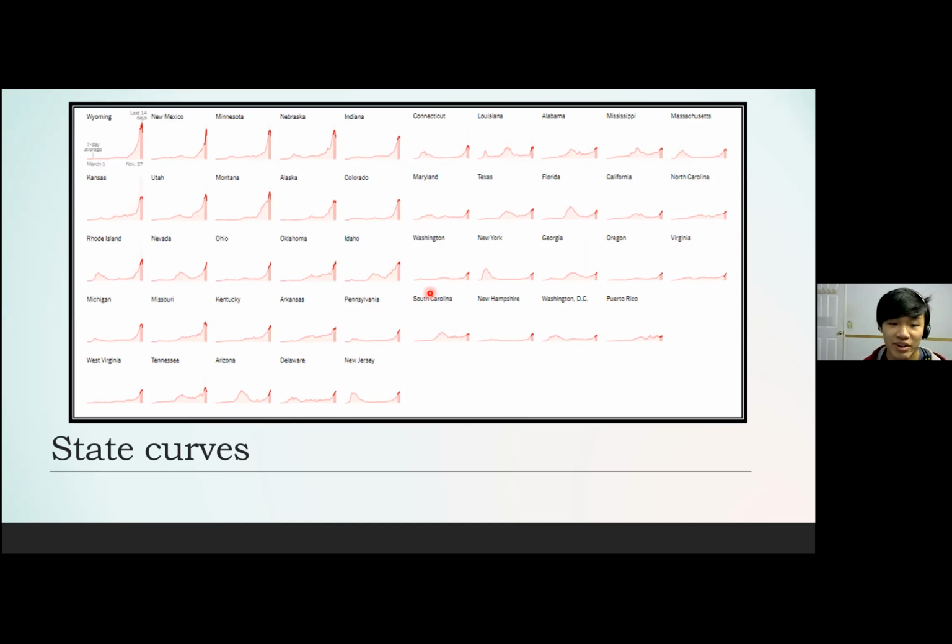So when we think about the total curve of the US with the number of daily cases, we can see that it doesn't reflect exactly what's happening on the local level. If you take a look at Wyoming, for example, on the top left, there hasn't been any peak until now. So it's really interesting to see that